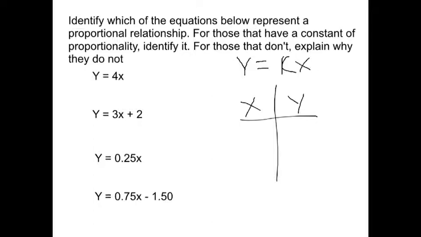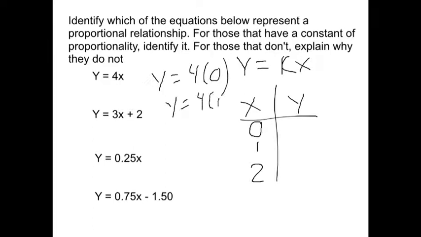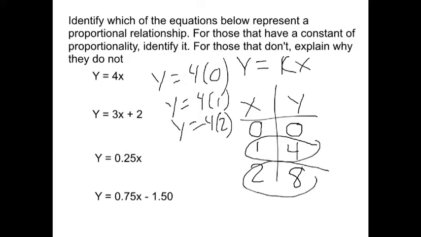So if we were to pick random inputs, and you can choose any 3 you want, my favorites are 0, 1, and 2. When I plug in my input every time, the only thing that I'm doing to that input to get my output is multiplying it by 4. So 0 times 4 will give me 0, 1 times 4 will give me 4, and 2 times 4 will give me 8. So the only thing I'm doing with that input is multiplying it by 4, and by multiplying it simply by 4, what I'm creating is a relationship where the y value is 4 times the x value,